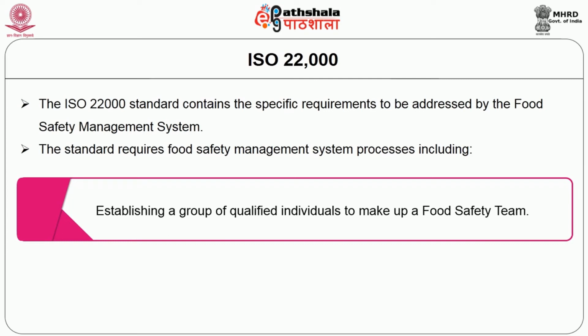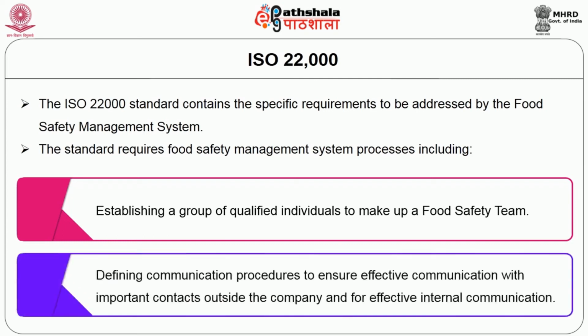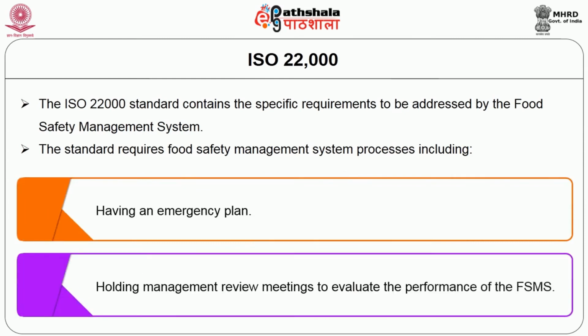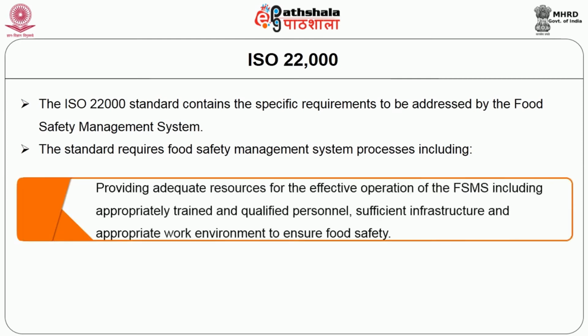establishing a group of qualified individuals to make up a food safety team, defining communication procedures to ensure effective communication with important contacts outside the company and for effective internal communication, having an emergency plan, holding management review meetings to evaluate the performance of the FSMS, providing adequate resources for the effective operation of the FSMS, including appropriately trained and qualified personnel, sufficient infrastructure, and appropriate work